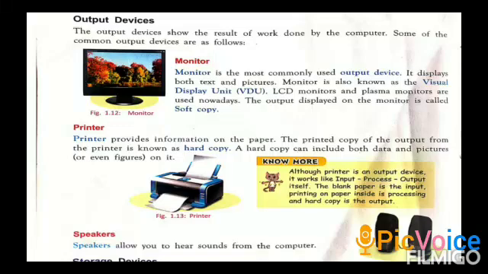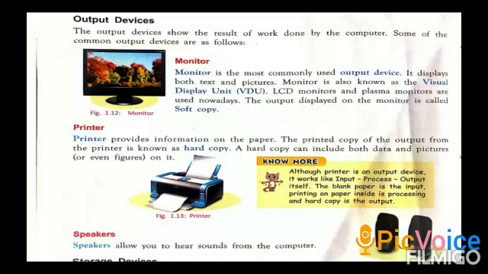It displays text, pictures and video also. The monitor is also called visual display unit. The visual display unit in short form is VDU.